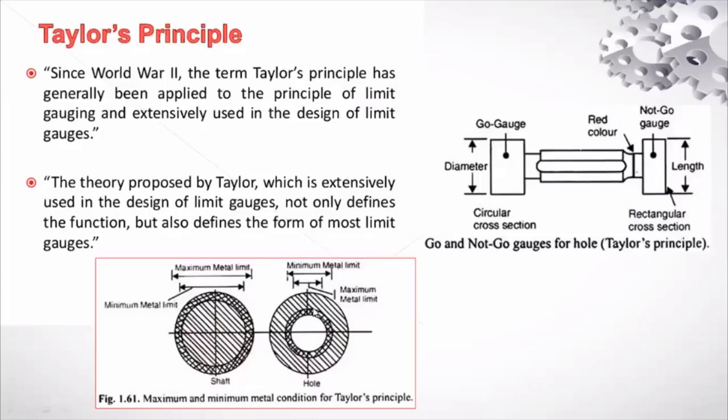You can see that figure I shared yesterday on WhatsApp; that and this one both represent the same thing, right? So based on this, the Taylor principle was given so that they are able to design these limit gauges, go and no go gauges. Here it is mentioned, go and no go gauge for hole, because this is a plug gauge you are seeing, a double-ended plug gauge. A double-ended plug gauge will be used only when the size of the hole is above 63 millimeter and up to 100 millimeter, right? Taylor principle.